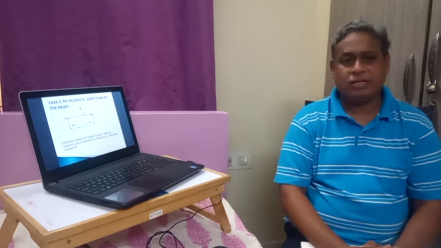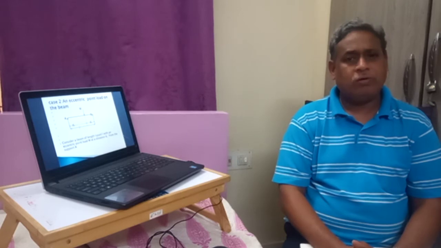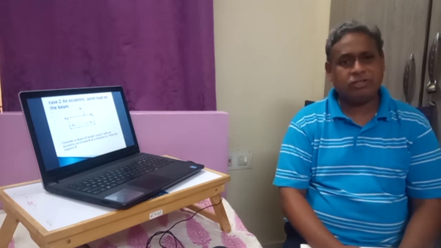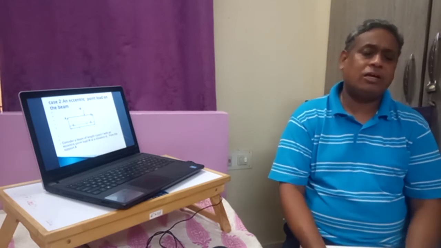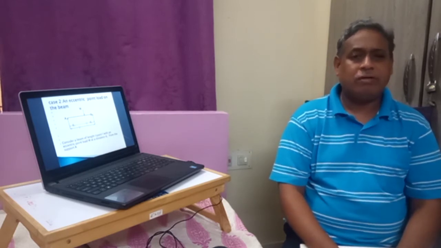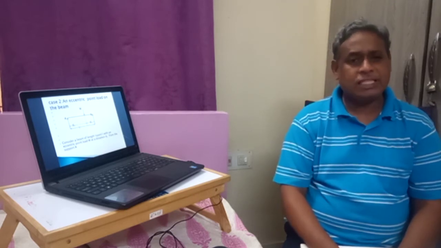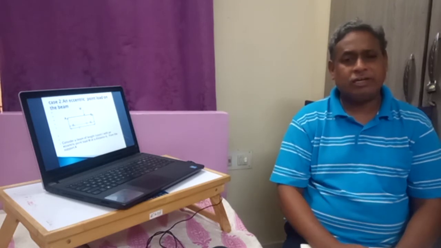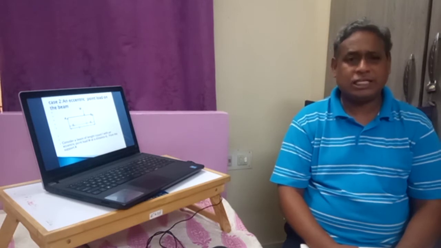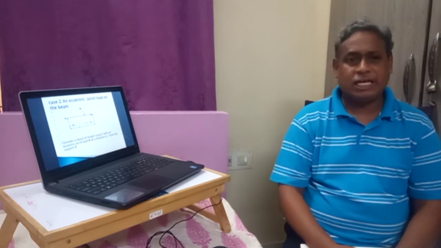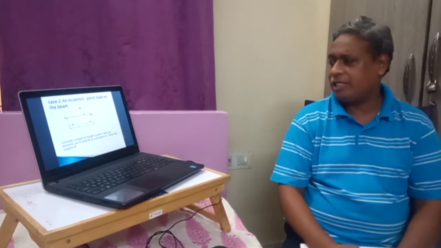Let us see a case of an eccentric loading. We have seen by observation, by our experience, that when there is a central point load, the reactions are shared equally. But when the point is eccentric, what is eccentric? Eccentric means out of center. That is, when the point is not at the center or at the middle, we call it an eccentric point. Here the load is acting eccentrically. That is, it is not acting at L by 2. It is acting somewhere at a distance D1.